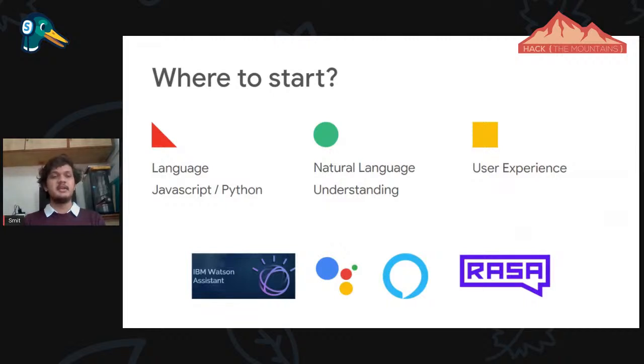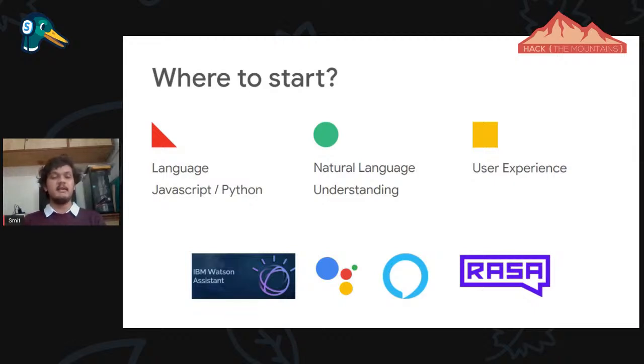We saw that the introduction of chatbots is quite interesting, but how can you start with a chatbot? Many frameworks are available, such as Google Assistant, the Actions SDK, Rasa in Python, IBM Watson, and Alexa.